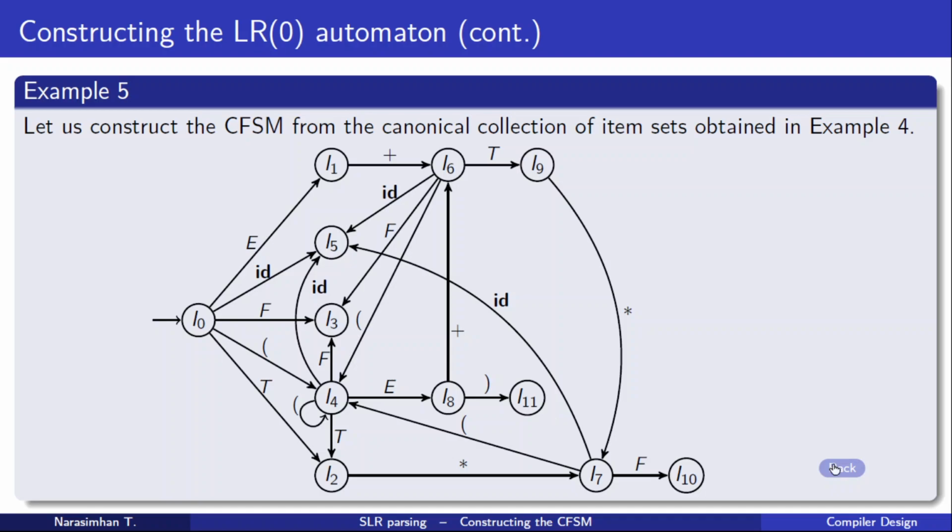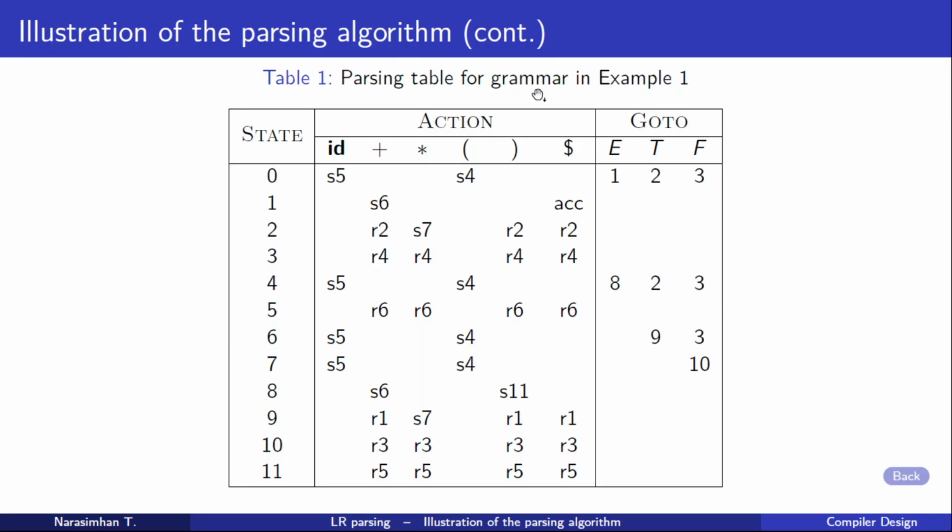So that means this will be the final parse table that you get. This is the SLR parsing table for the grammar. Now here you find that all the entries in the parsing table are unique entries. That means either the entries are blank or each has only one entry, whether it is a shift entry or reduce entry. Here it is only a shift entry. Here these two are blank.